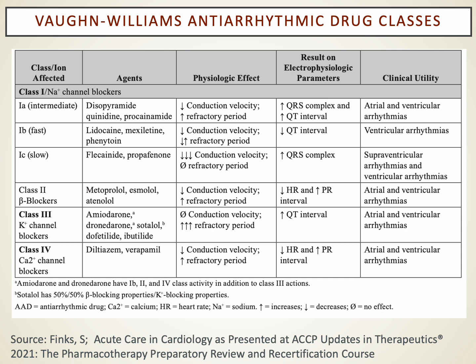The 1C agents have a unique role. They're effective for supraventricular arrhythmias: flecainide, propafenone. For folks who have supraventricular or risk for ventricular arrhythmias, an electrophysiologist may order either flecainide or propafenone. You'll see them used on occasion by a primary care provider or a PA who is working with a physician who is not an electrophysiologist. You probably will never be newly ordering these drugs. What you will see, though, is occasionally patients who are on them that you will continue as part of your medication reconciliation. Recognize that flecainide and propafenone have a clear role for preventing arrhythmias,